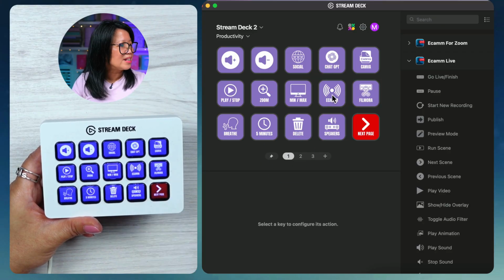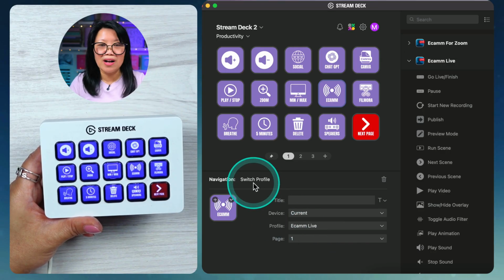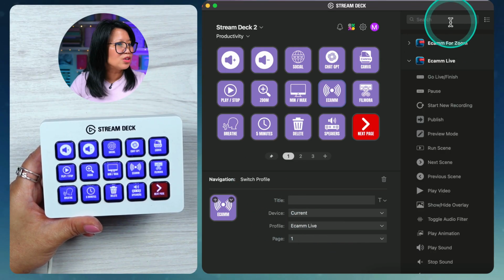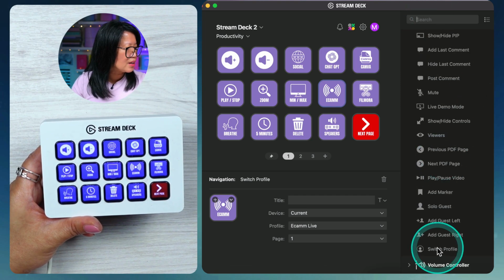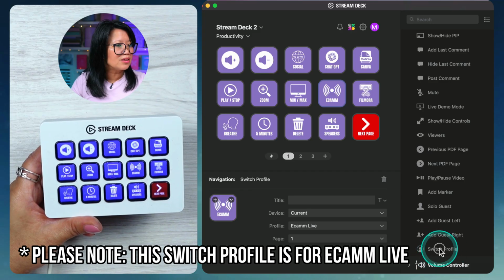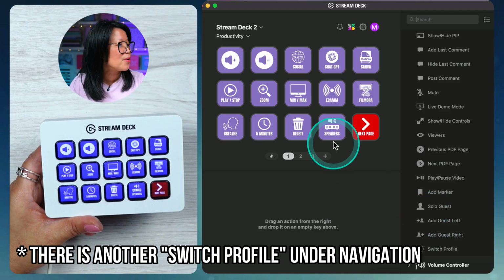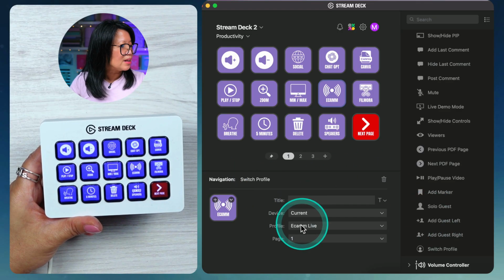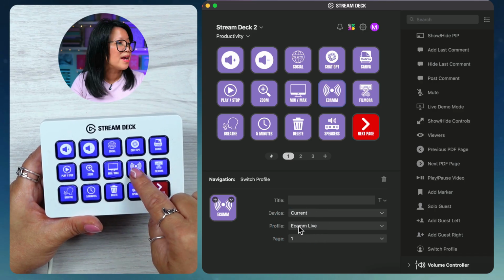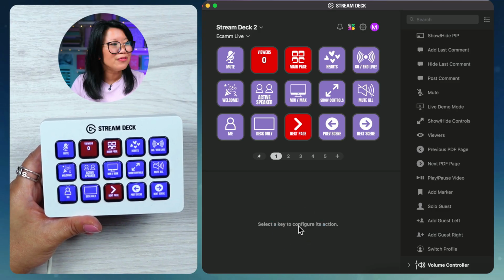So when I press this here, it shows you the switch profile. So this here, if you go into search bar and put switch profile, I think on there it is down there. You can drag and drop different functions to buttons. I won't do it because I'll mess up my program. So here the navigation is switch profile. It tells me which profile that I want to switch to. So if we press that right now, it shows the first page of my Ecamm Live profile, which is what